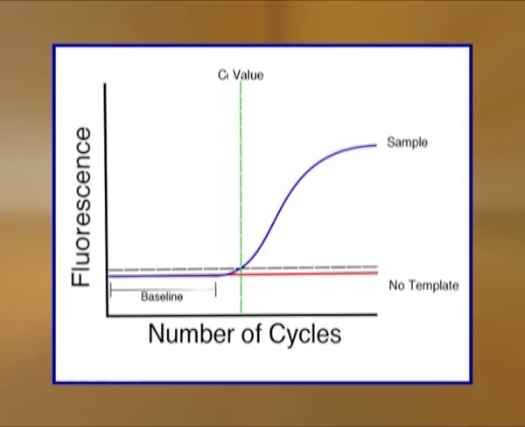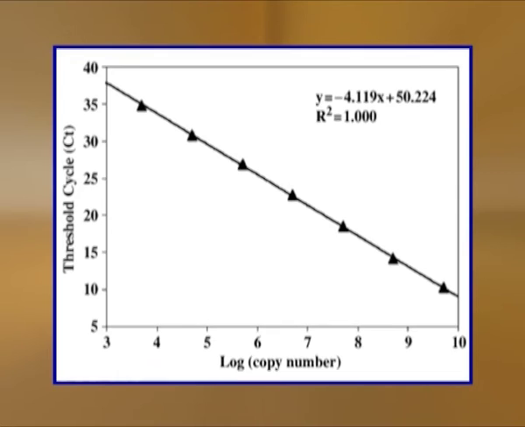The number of cycles required to achieve this threshold of amplification is called the CT value. Consequently, the greater the quantity of target DNA in the starting material, the faster a significant increase in fluorescent signal will appear, yielding a lower CT value. A plot of CT values against the log of the initial copy number of a set of standard DNAs yields a straight line. The target sequences in an unknown sample may easily be quantified by interpolation into this standard curve.